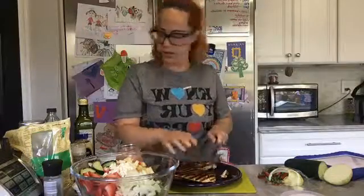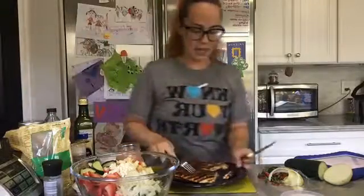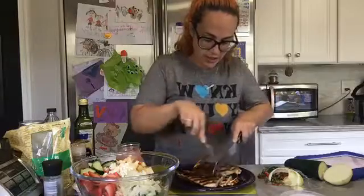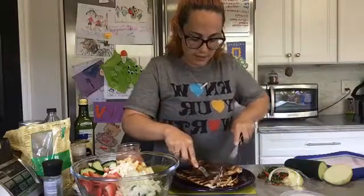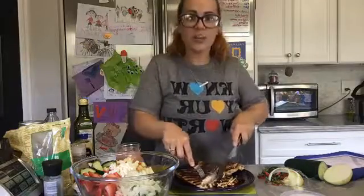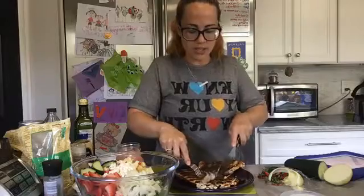So we are going, I need the fork, hold on. Because I'm the genius trying to cut super hot chicken with my hand. This smells so good, guys. And these are like the perfect summer flavors, right? Like you have the apples and the strawberries and